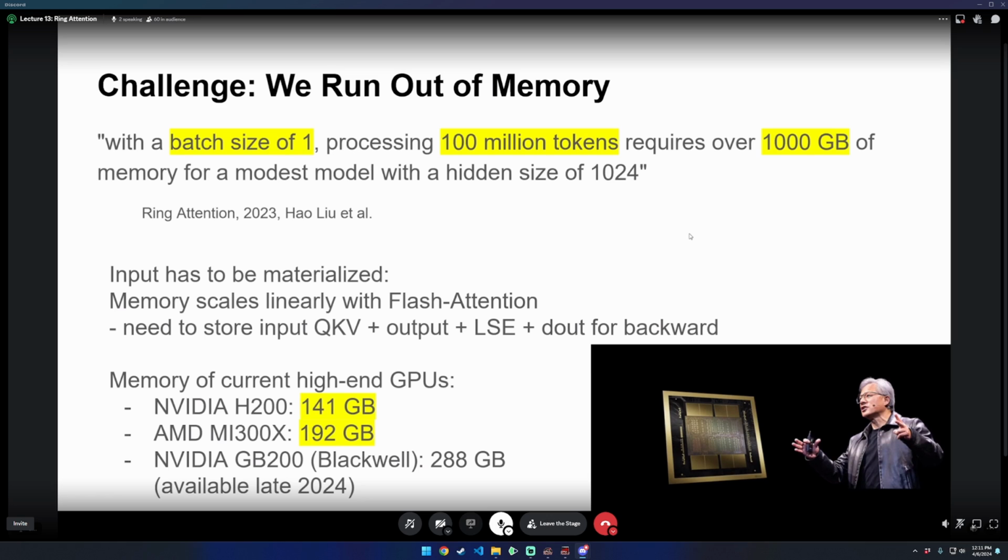The challenge that we have if we want to go to really long context is we run out of memory quickly, at least at some point. Here is a direct quote from the ring attention paper: with a batch size of 1, processing 100 million tokens requires over 1,000 gigabytes of memory for a modest model with a hidden size of 1024. And this is obviously still a rather small model, and we have to realize that for attention